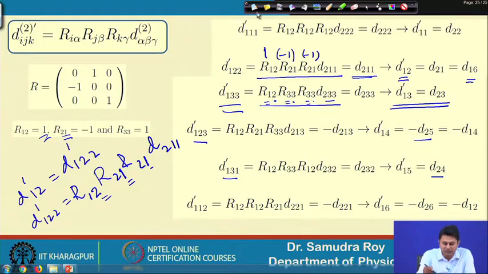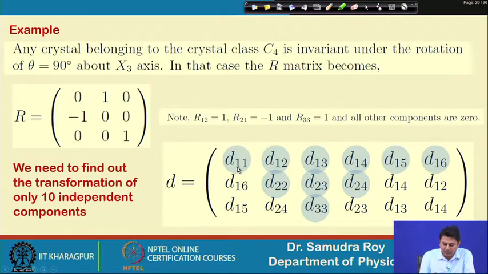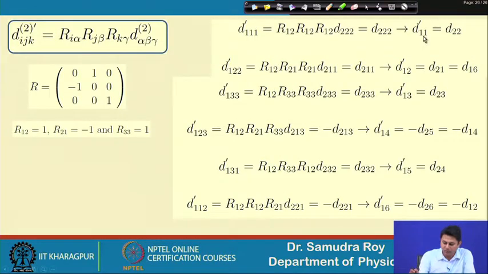So, how many independent components did we figure out here? We already mentioned in the previous slides how many components we need to calculate. We need to calculate D11, D12, D13, D14, D15, D16, then D22, then D23, D24. So, 10 independent components we need to find out, and we start with D11, D22, D33. Let us see in the next slide how many components we figure out in the non-prime system and what is the relationship between these two, from the prime frame to the non-prime frame.